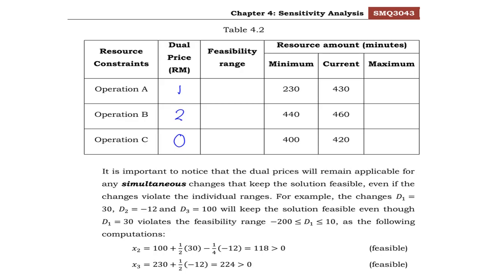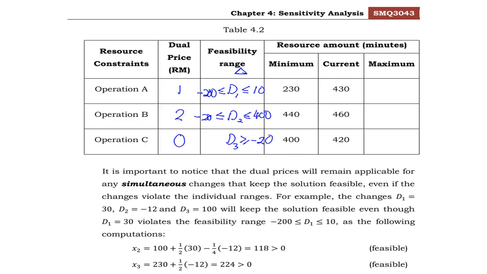And the feasibility range: D1, D2, and D3. So D1 must be in between negative 200 then 10, negative 20 less than or equal to D2 less than or equal to 400, and D3 greater or equal to negative 20. So here we have the original right hand side